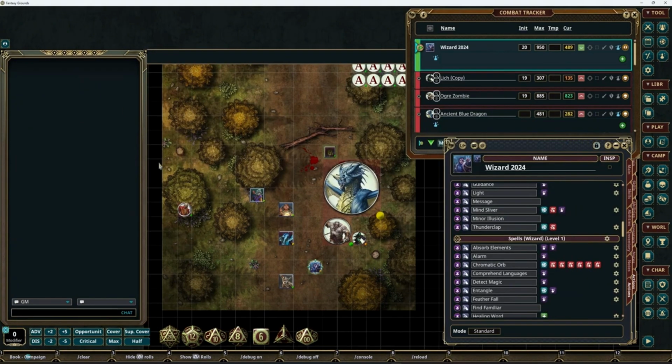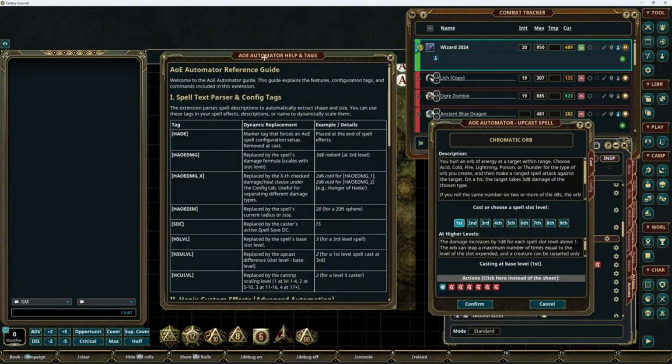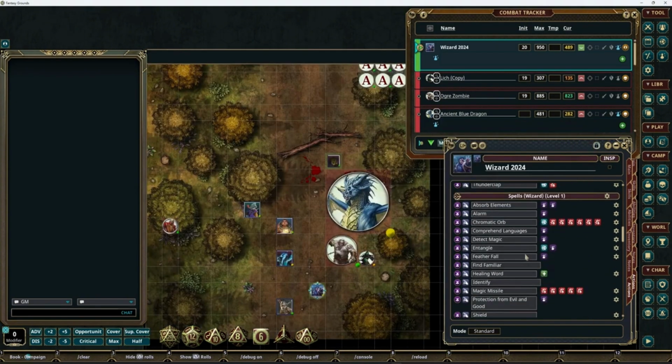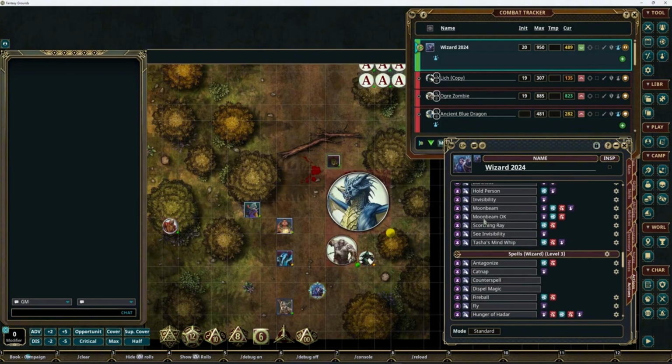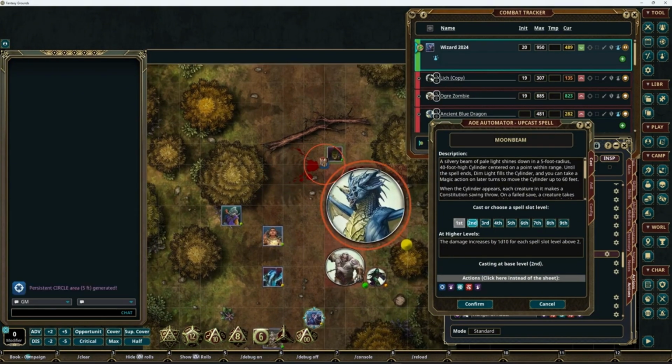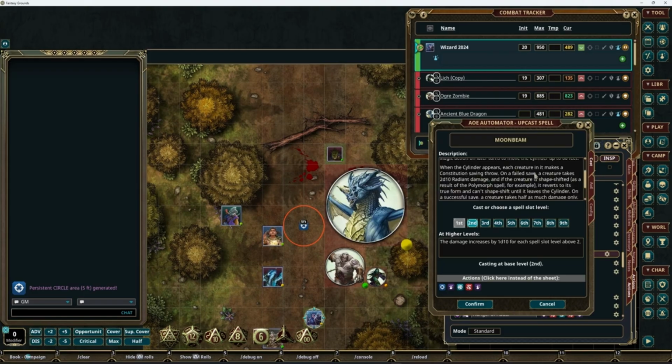Okay, nice. Now, wait a second. Done. Okay, go back to the documentation there. Now we have the permanent spell rework, actually. For example, Moonbeam: we spawn it in here, we move it, it will target things, we do the damage, we have the trigger, but actually it is not fully automated because it will say that each creature